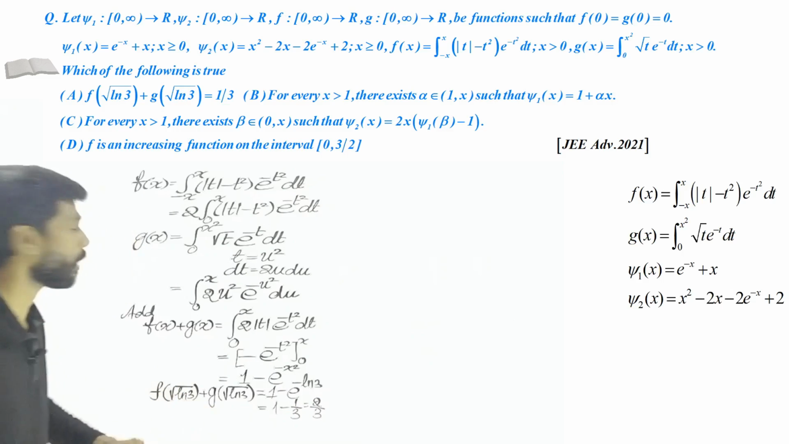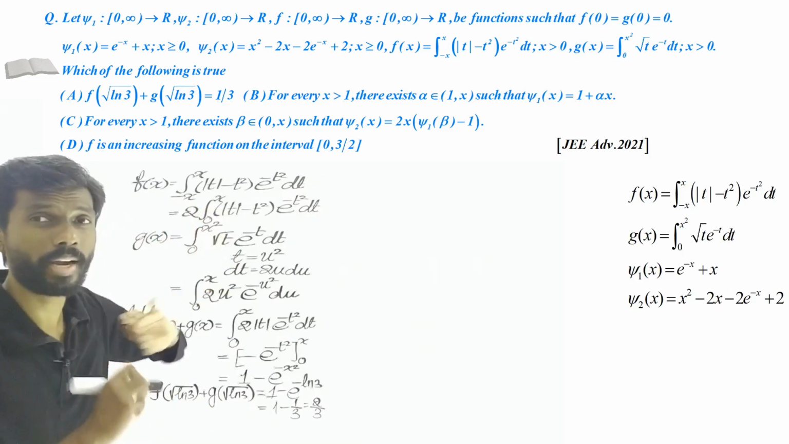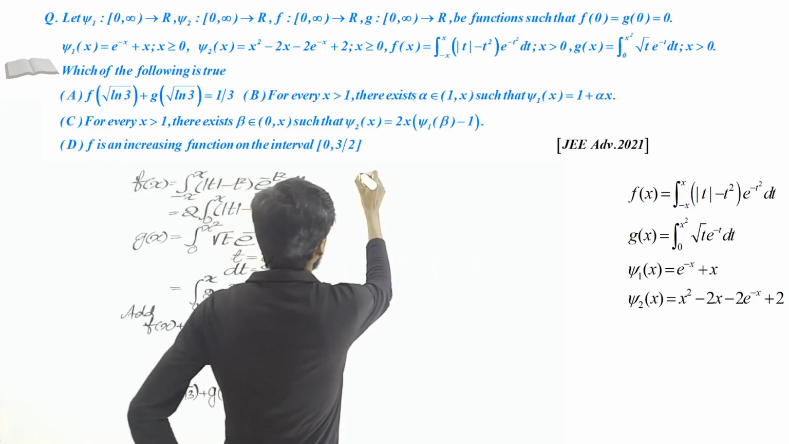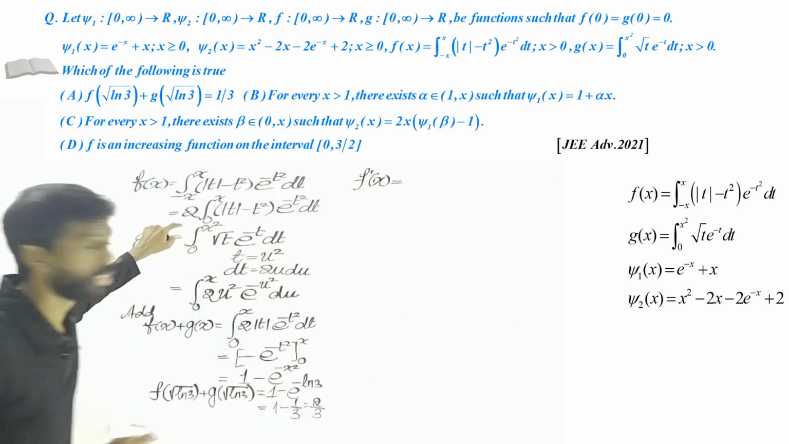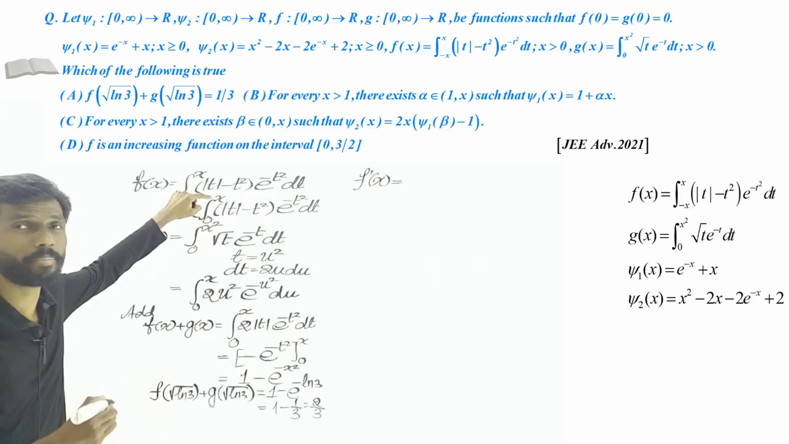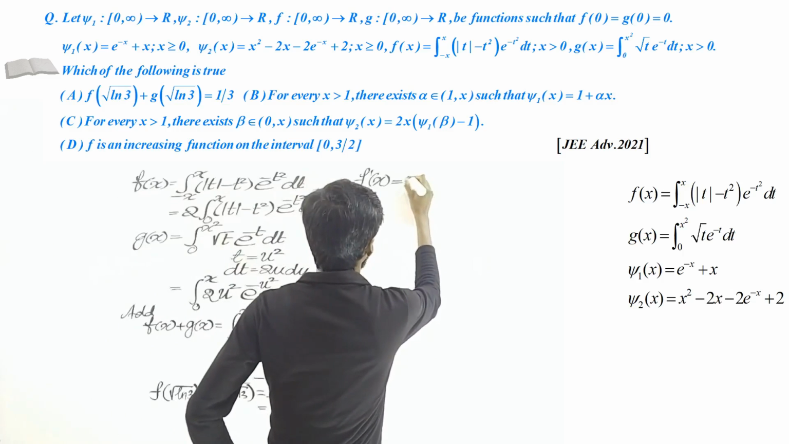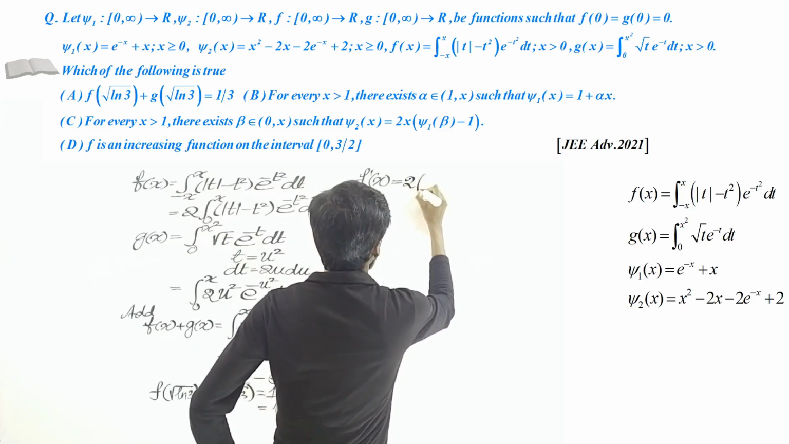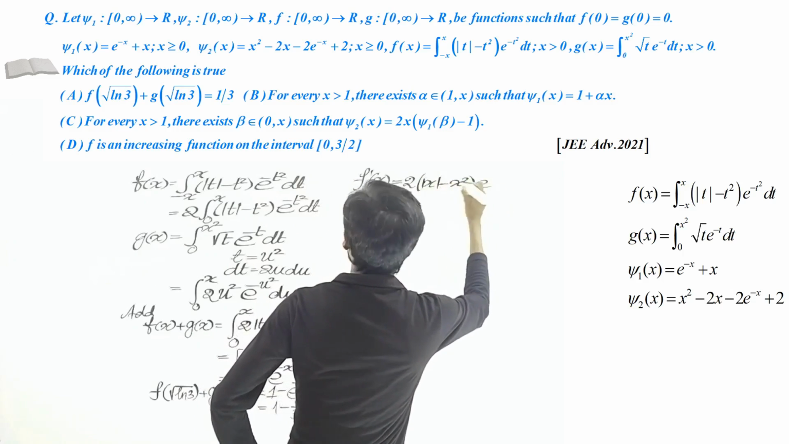Okay, so this is one thing. And now we have to see whether this function f of x is increasing or not. For that we have to find the derivative. So let us find f dash x. Let us differentiate this expression. Because the lower limit is constant here, if you differentiate using Leibniz rule, you directly have to substitute the upper limit. That's all. So it is 2 and then modulus of x minus x square